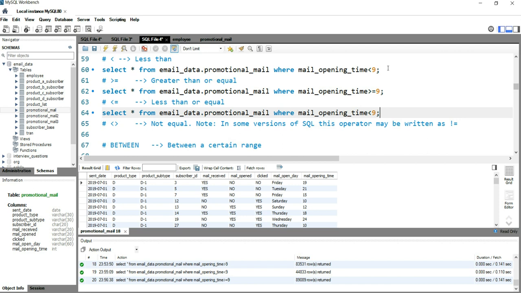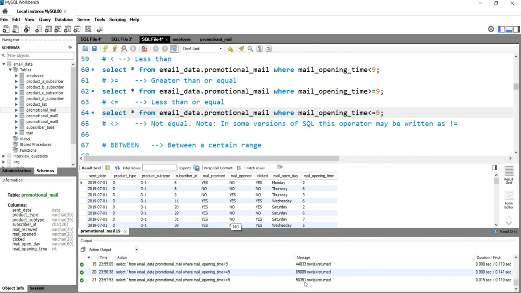What we'll do is copy paste the same query here, and instead of less than 9, we'll put less than equal to 9. Earlier when we ran the query for less than 9 we got 44,833 records. Now when I run this query, I should get more records than this 44,000. I'll run this query, and we got 50,391 records.